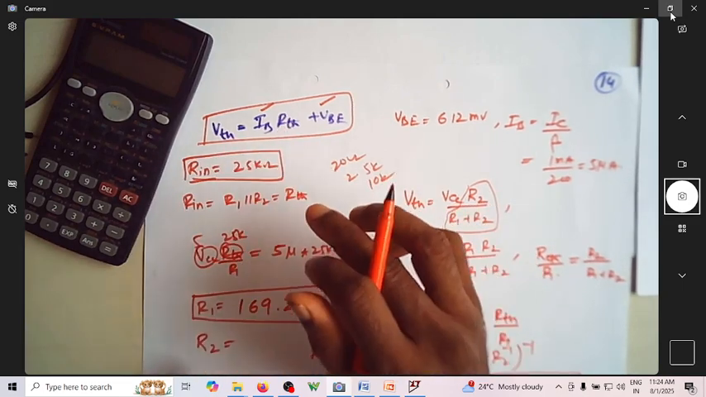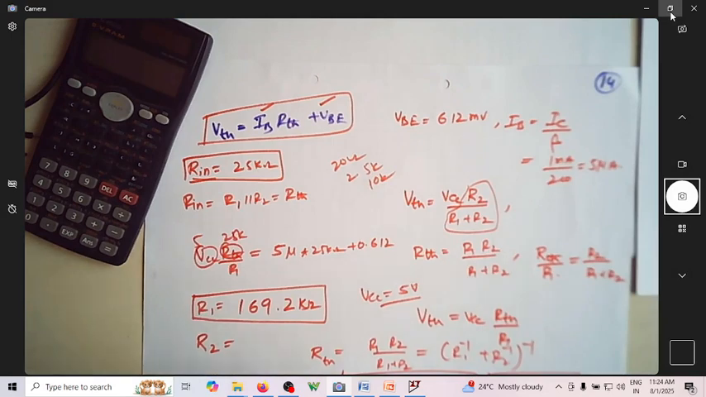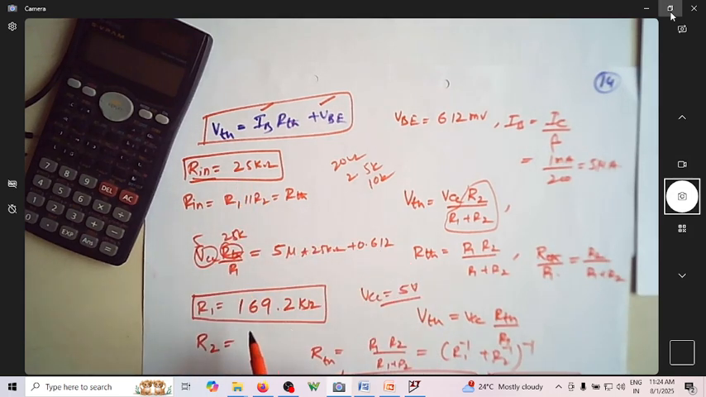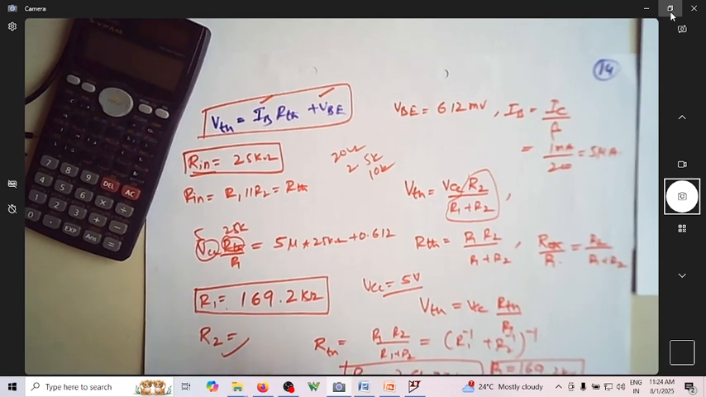So let it be 25K, even if it is 50K, it is good. So you have to have larger input impedance. With this assumption of 25K, we got the value of R1. So once you know R1, once you know R Thevenin, you can easily find R2. Once you are done with R1, R2 values found out,